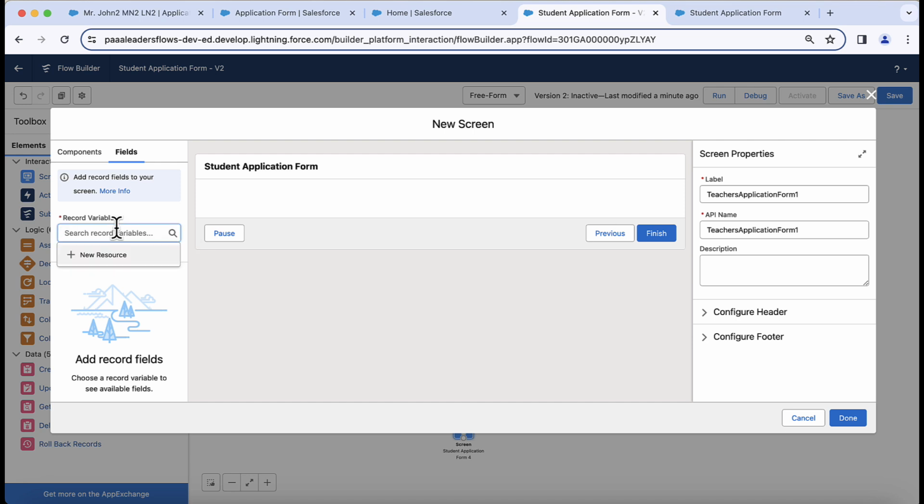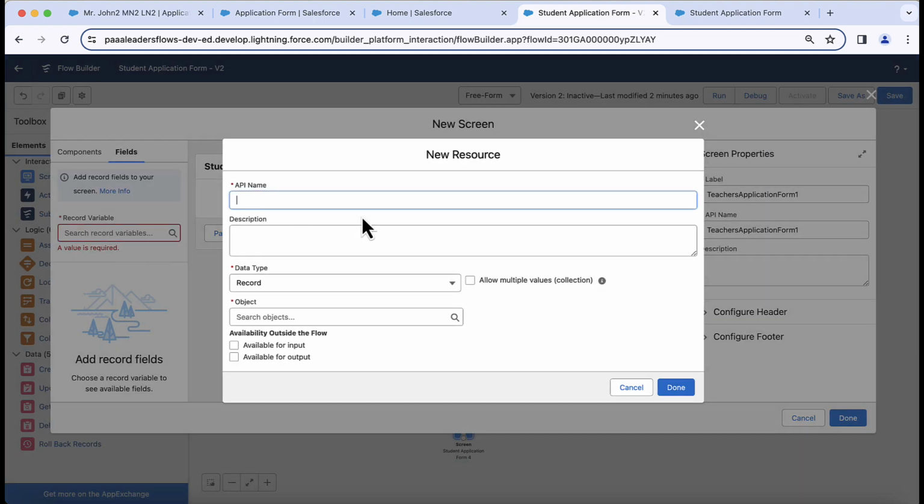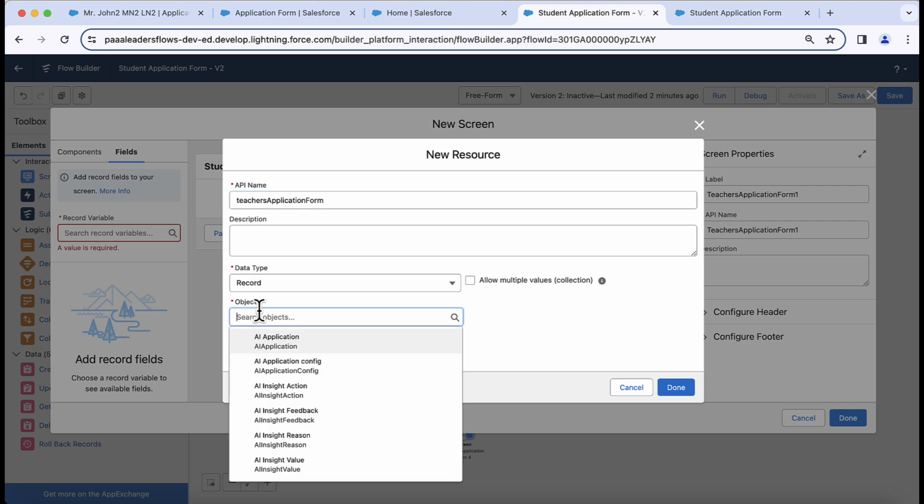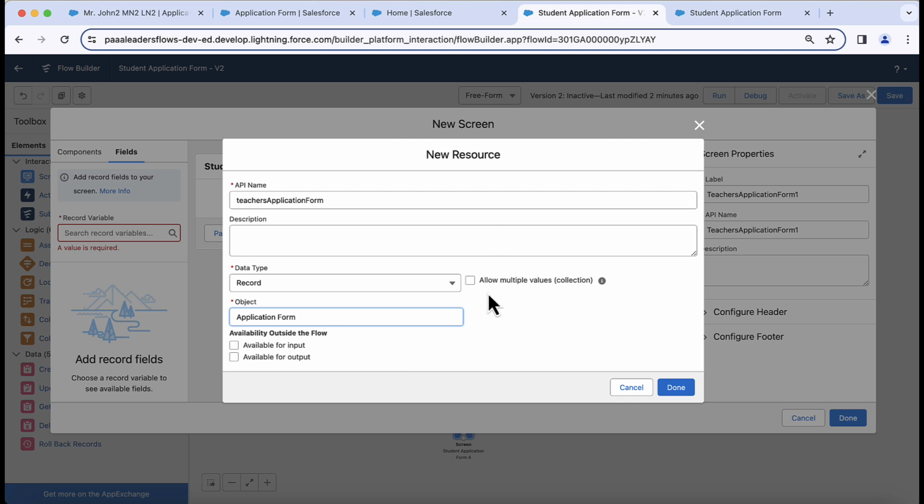So for that purpose, what I need to do first is to create an instance of my object. So for that, I click on this new resource, give one API name, teachers application form. Okay, now the data type is record and the object is application form. You can create a collection also by clicking this checkbox as true, but right now I do not want a collection, I just want a single record, so I keep the checkbox as false